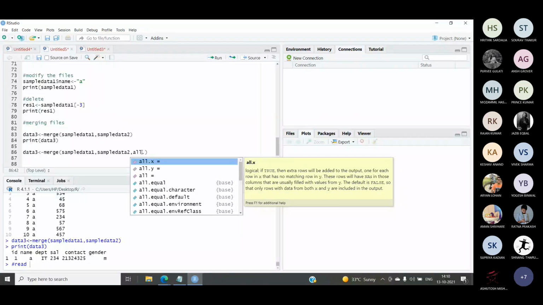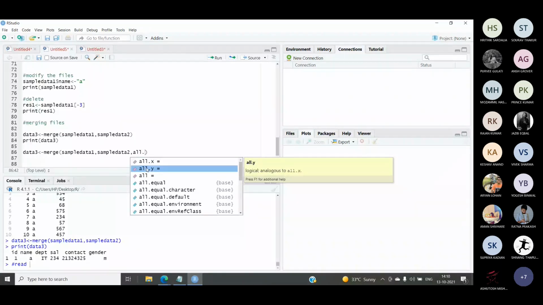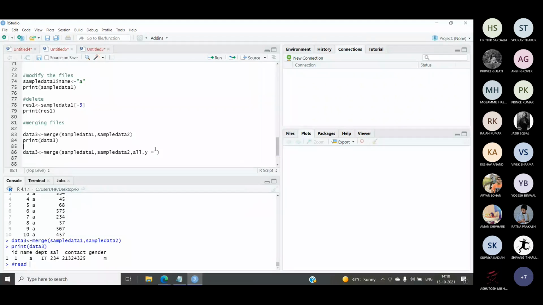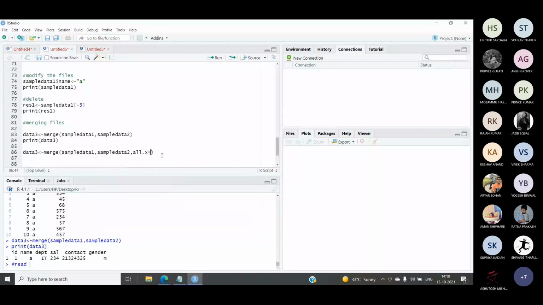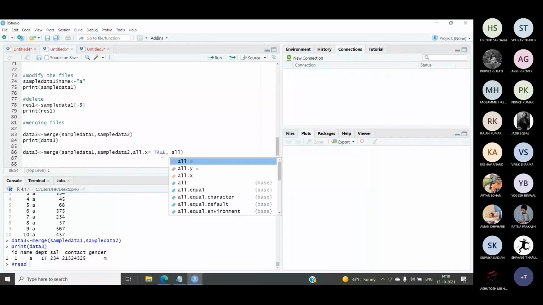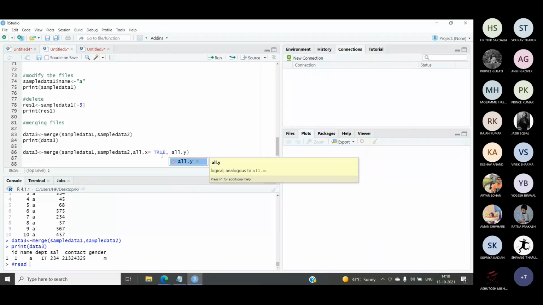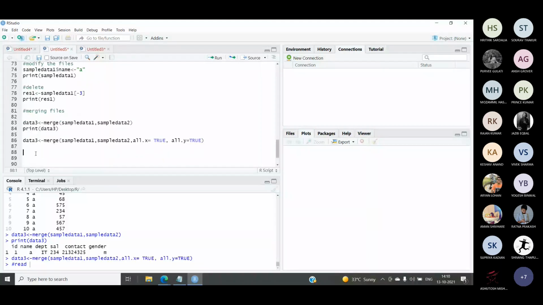If you use all.y, then the column wise merging will be done. So let's try all.x equal to true. And we want to do the merging by y also, so we will set all.y also to true. Let's run it.